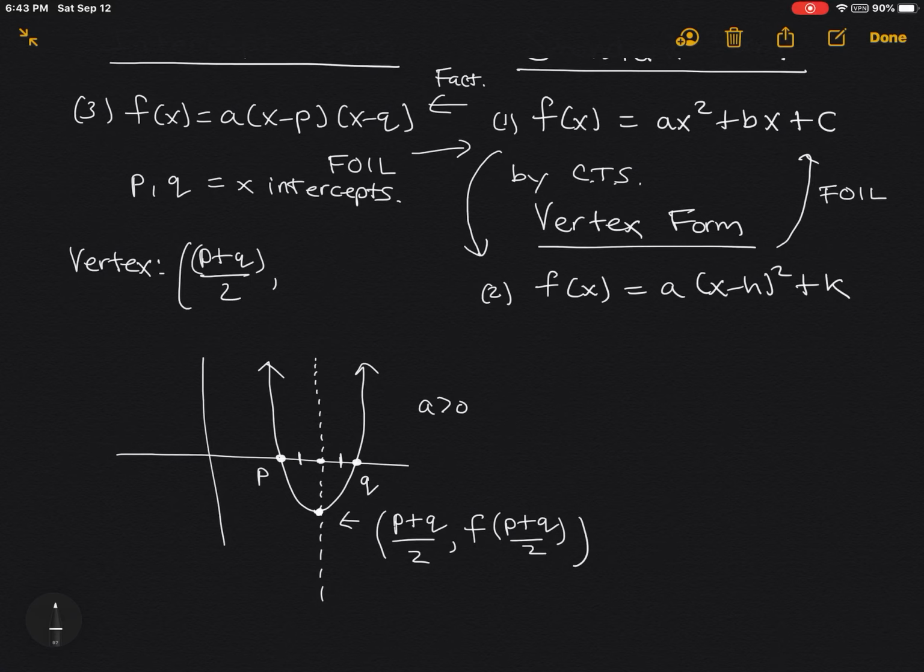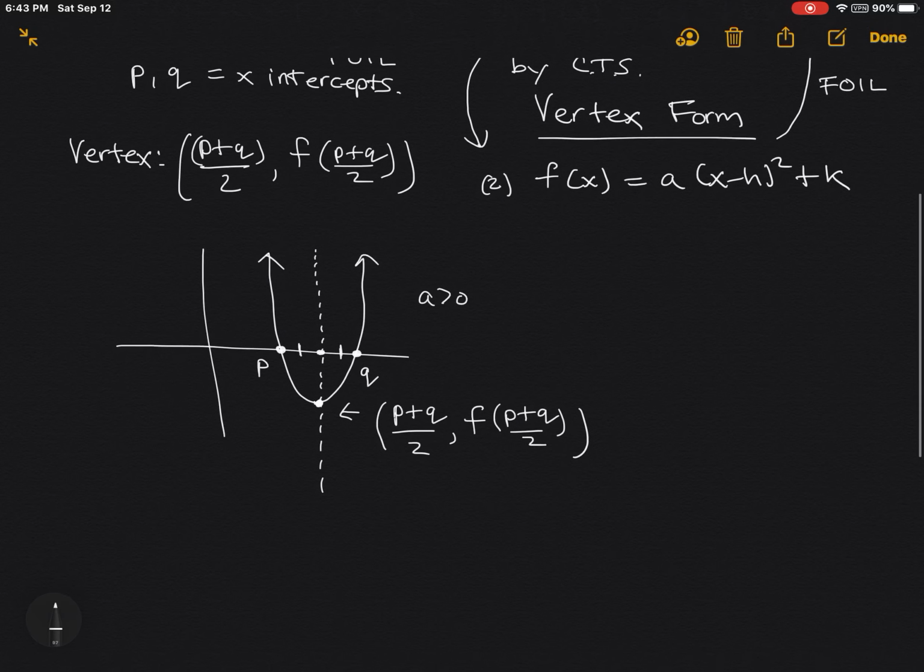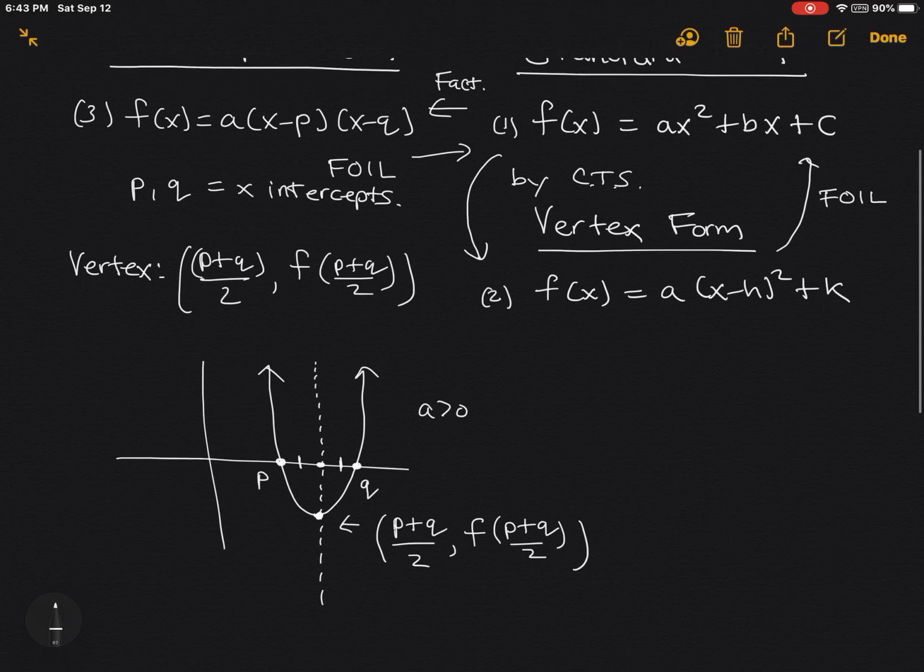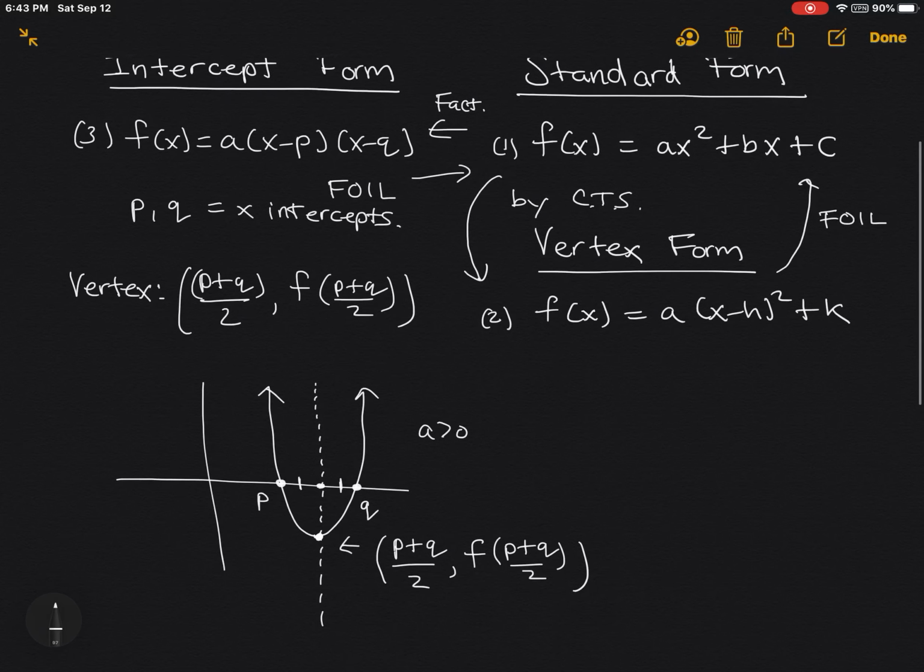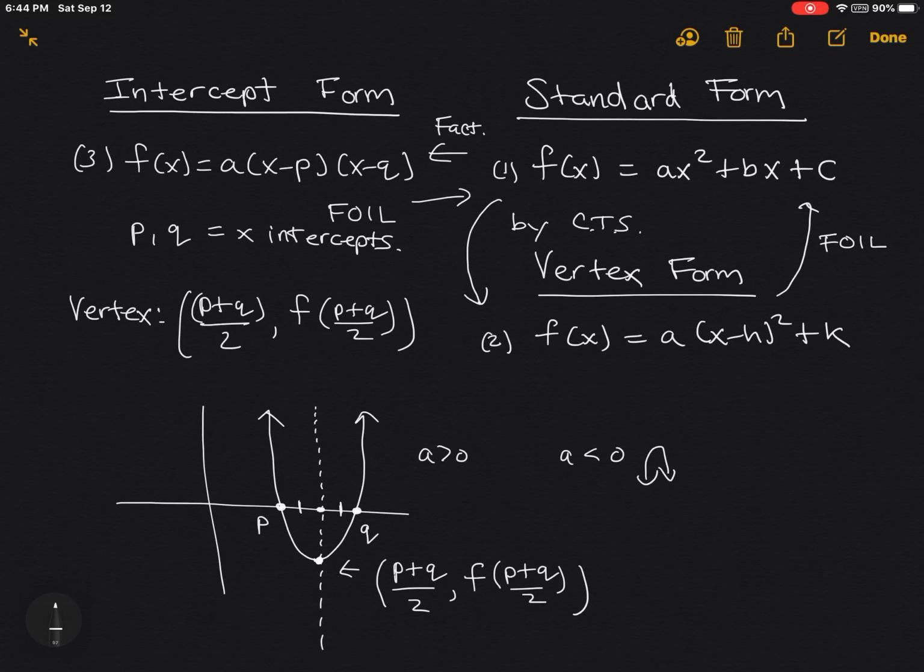So over here, I'm going to write it again. It's p plus q over 2. And then to get the y value, f of p plus q over 2. All right, so that is your intercept form. Everything else means the exact same thing, right? If a is positive, it goes up. If a is less than 0, the graph goes down. And if this a value right here is an integer, you can do a quick rise over run from the